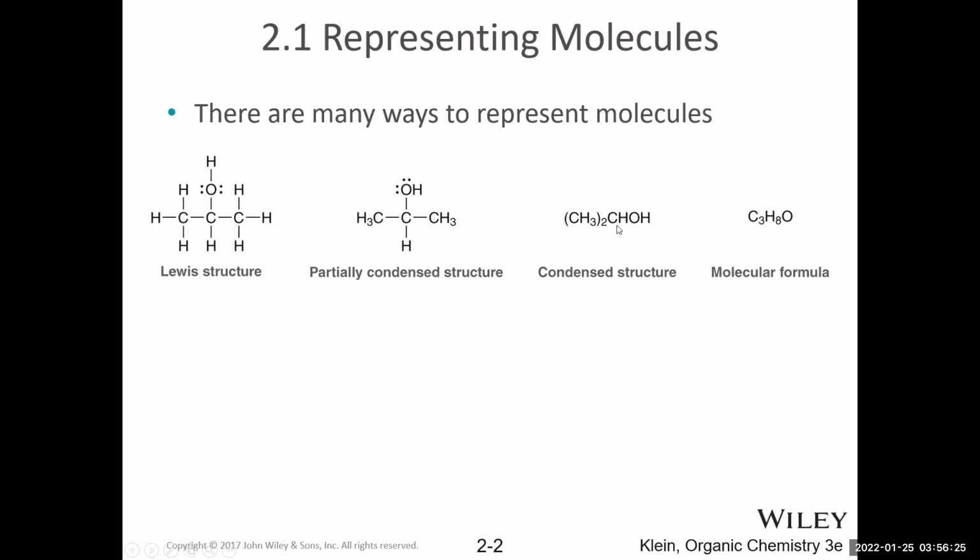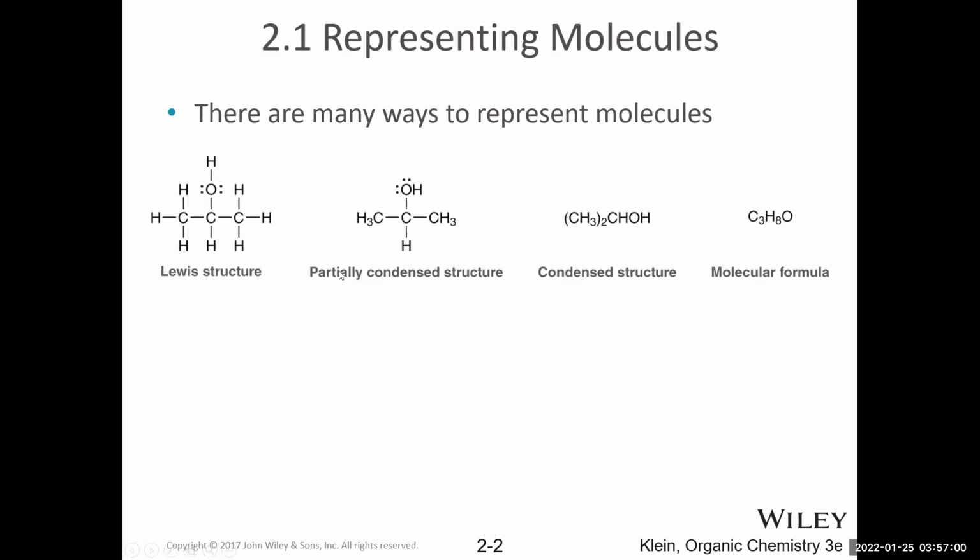This gives us a little more information about how things are bonded. So this shows us that the hydrogen is bonded to an oxygen, which is going to be bonded to the next carbon over. This carbon will have a hydrogen bonded to it, as well as the following two carbons. And then these carbons will each have 3 hydrogens attached. So it takes some getting used to understanding the condensed structure, but it is still a fairly simple way of representing structure, which is really helpful.